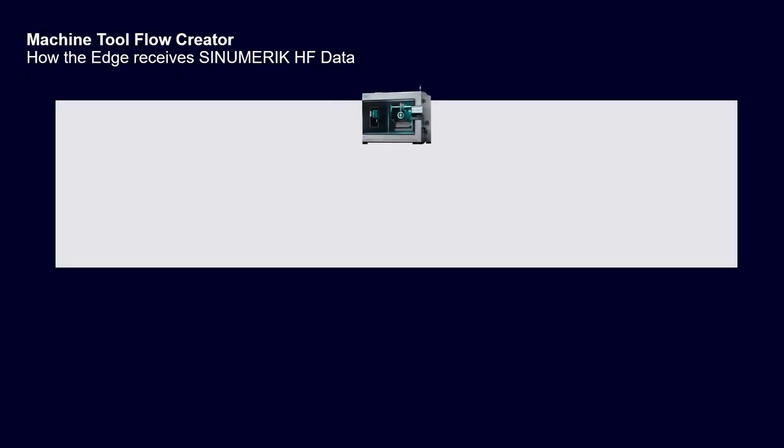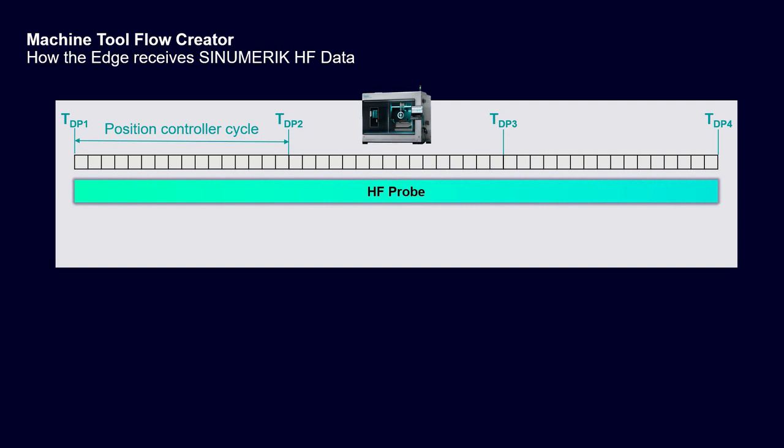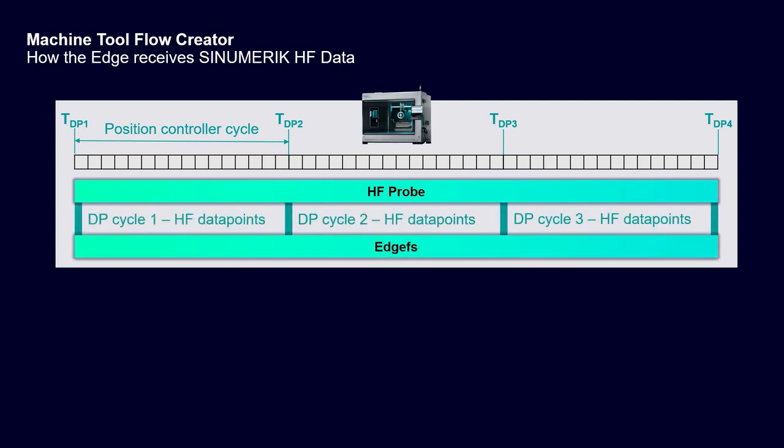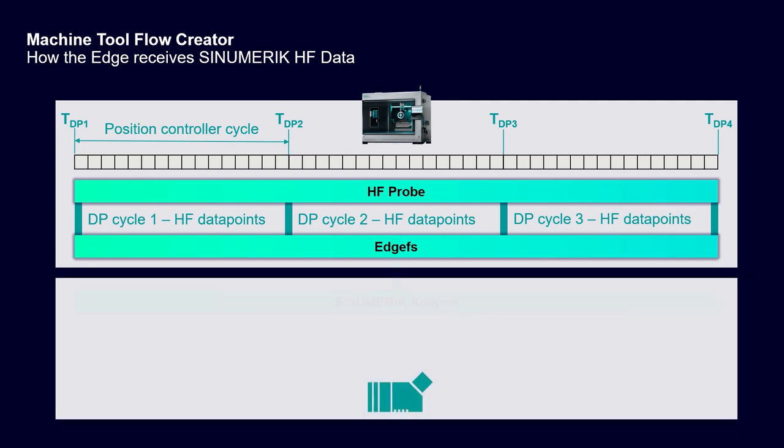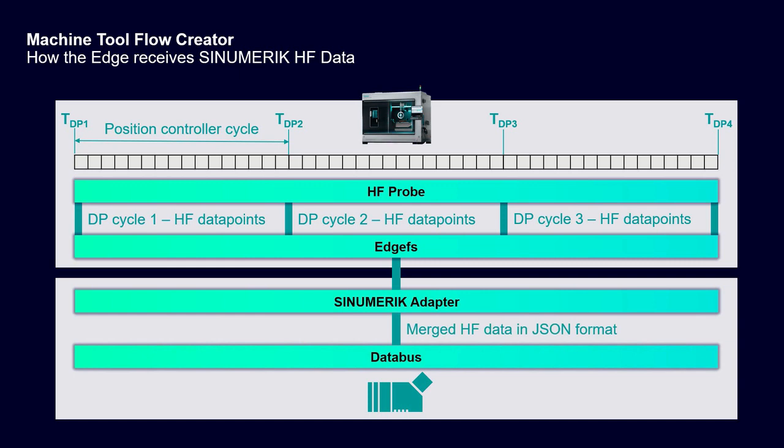We start on the NCU side. There we have the position controller, which delivers data in a constant cycle. Then we have a piece of software called HF Probe, which collects the data and writes the data into the edge file system. There, the data points of multiple cycles get stored before they are transmitted to the edge box. And on the edge, we have the SINUMERIK adapter, which receives the data and merges all of the data points into one package and sends this package to the edge internal data bus, and other apps can subscribe to that